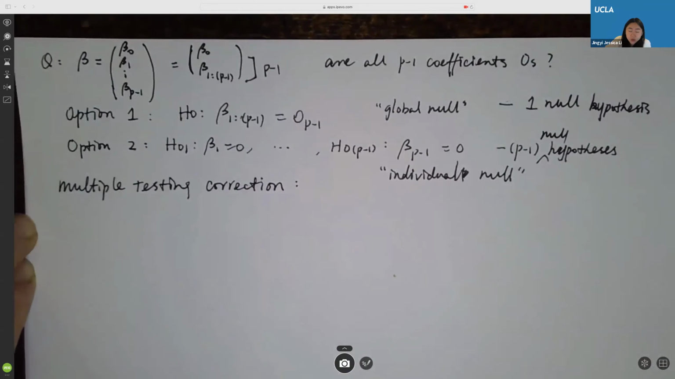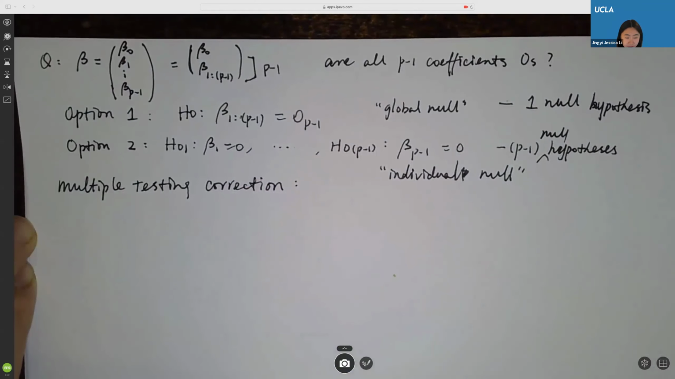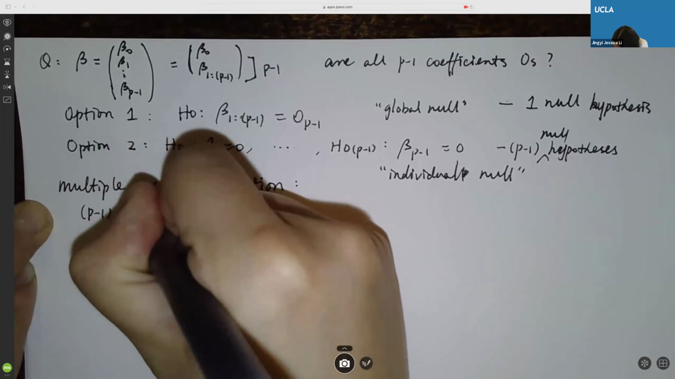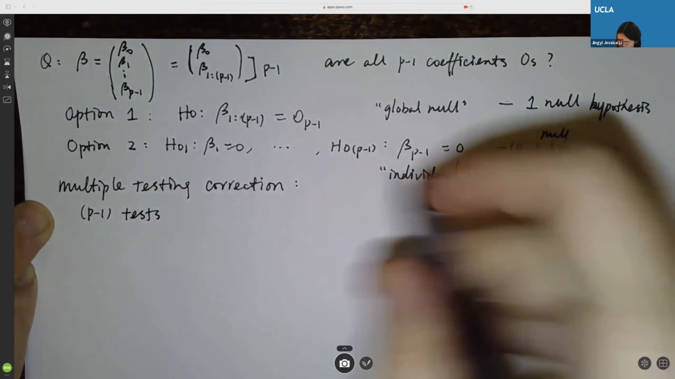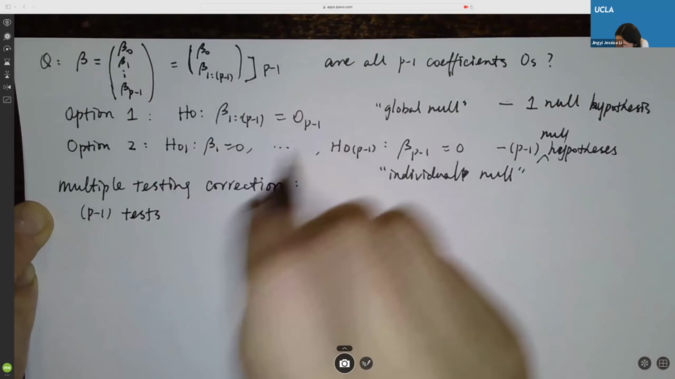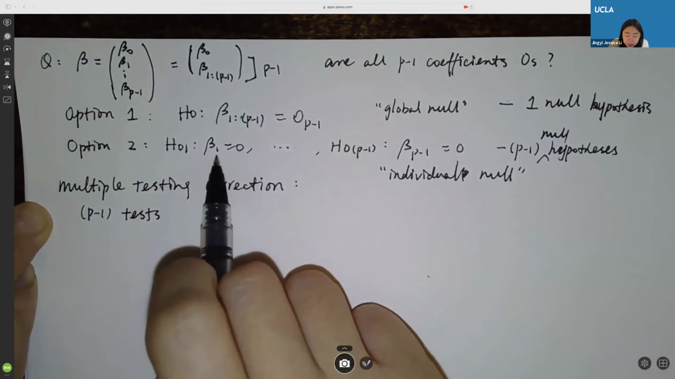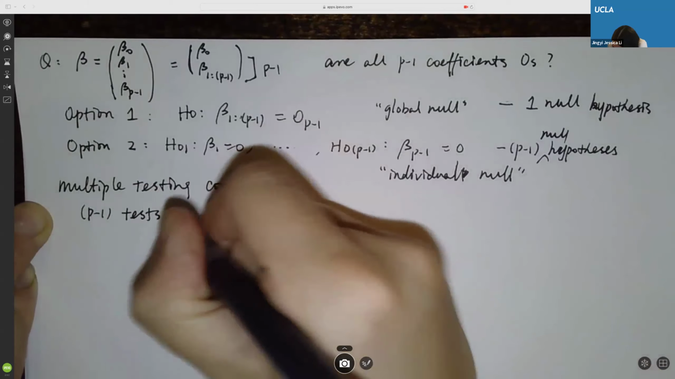Okay, so what does this mean? This means that in the second option, we have multiple statistical tests to do. Suppose that we have p-1 tests, right? And if you are interested in just setting the significance level as 0.05 for each test, then you would have